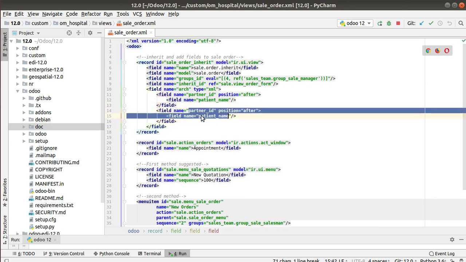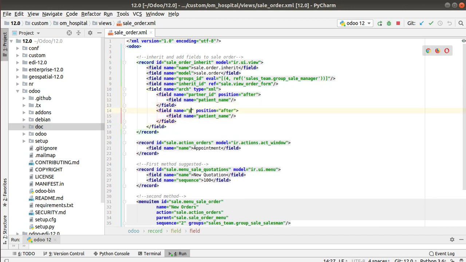Instead of partner ID I'll be giving payment term ID. Instead of position after, I'll be giving position attributes, and attribute name. I'll be following this syntax: attribute name, and the attribute name should be invisible. So I'm going to make the field invisible for this user group, and let me see how we can do that.